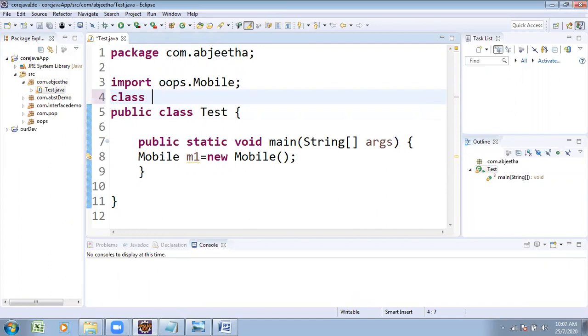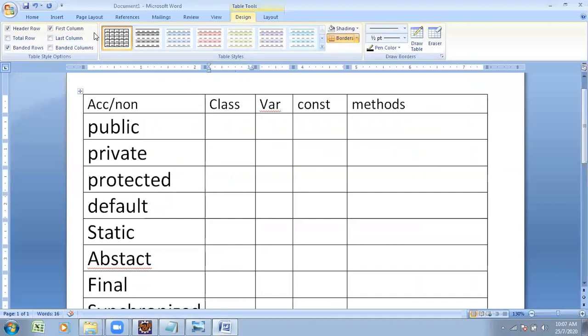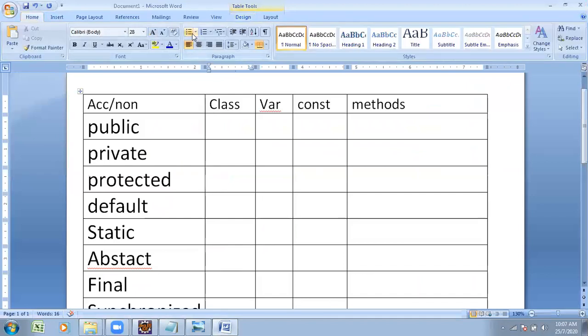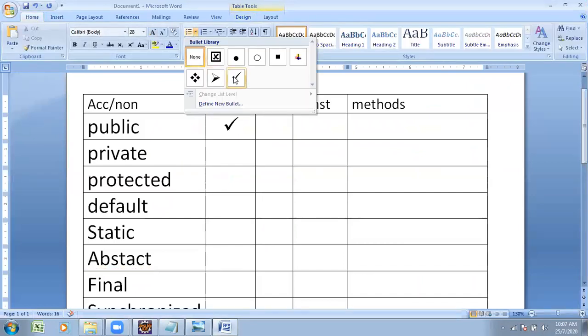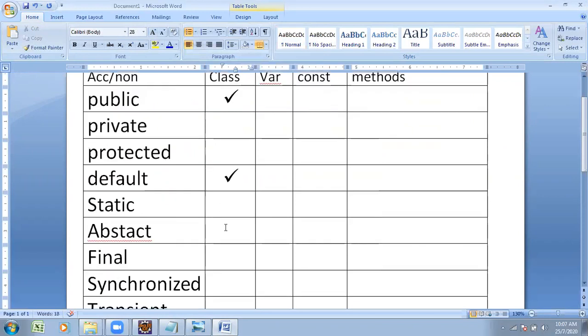Similarly, I write one more, class demo, where I am not mentioning anything, so it is treated as default. You can declare the class as public, or if you do not mention anything, it is treated as default type.